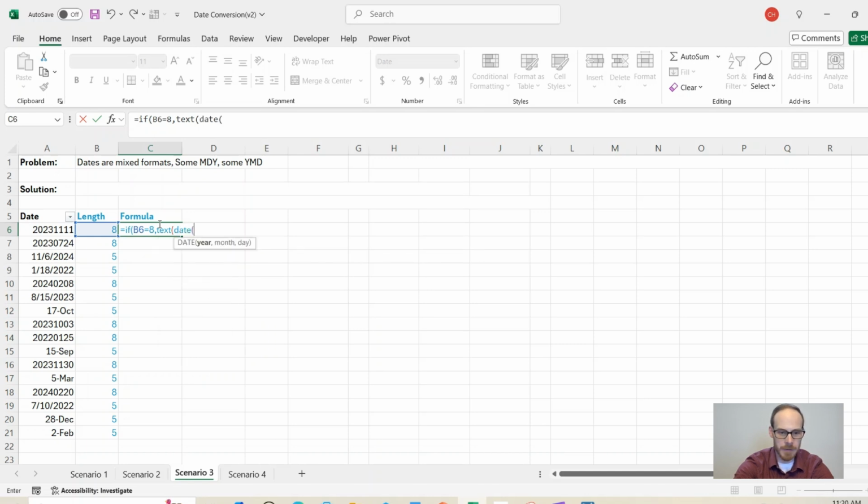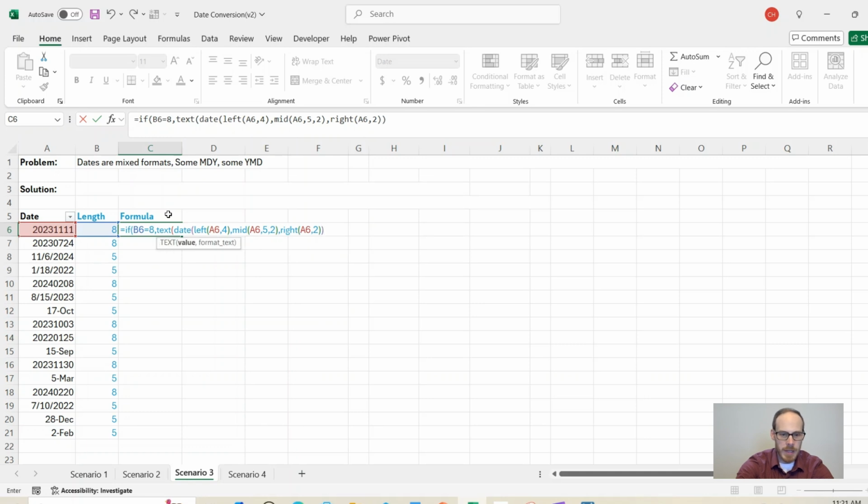But I also need to use a date function to actually put it in a date. And then I'm going to use left, mid, and right functions to break apart and separate out the date parts of the cell. So I'm going to use a left function, and I want the left 4 characters because that would represent the year. I'm going to use a mid function, and I'm going to start in the 5th character, which is where the month begins, and I only want 2 characters. And then I'm going to use the right function, and I only want the right 2 digits because that would